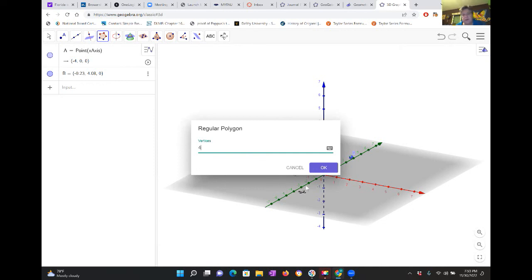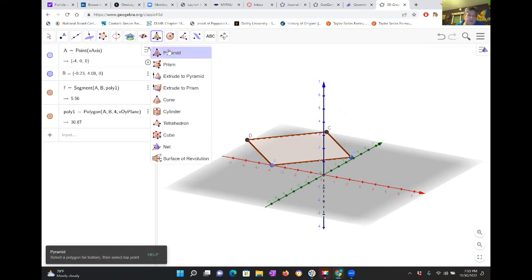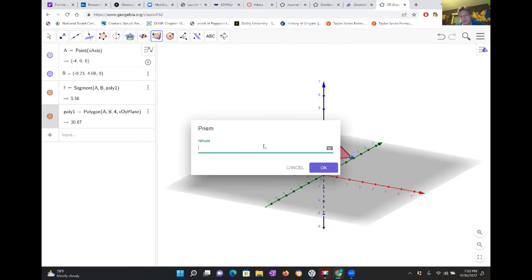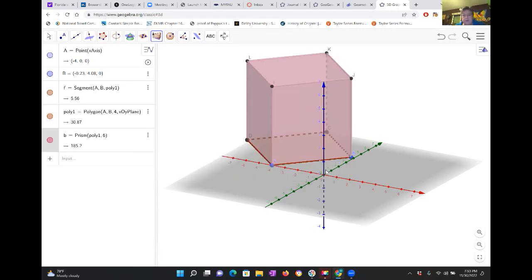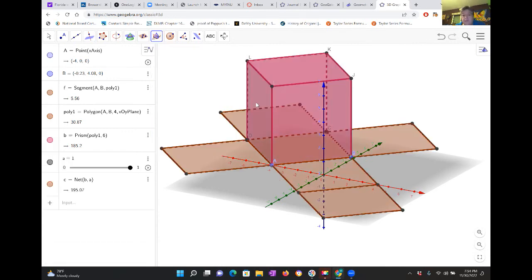So let's do the cube, I guess that's easy. I then want to select extrude to prism. And it's asking me for the height. So let's go with a height of 6. So there's my prism. What I do want to do next is go back to that point, and I'm going to select the net. So select net and click on the object, and there's your